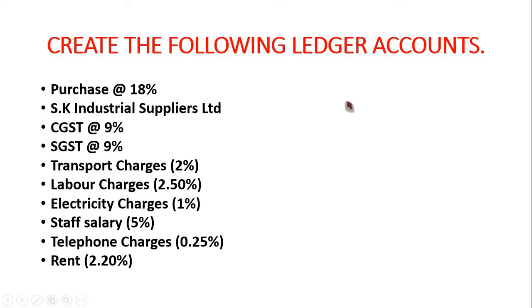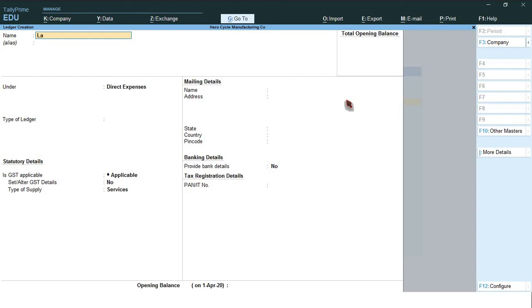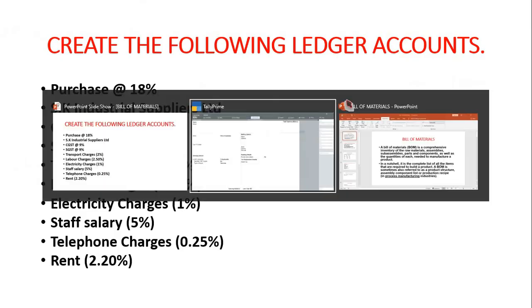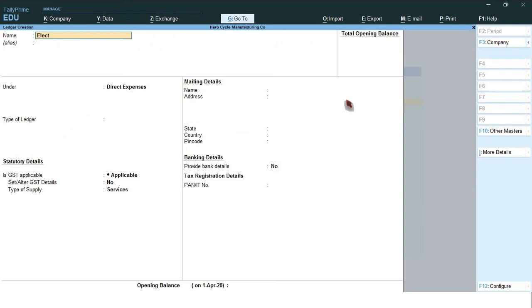Second one, labor charges, direct expenses. Electricity charges, direct expenses.